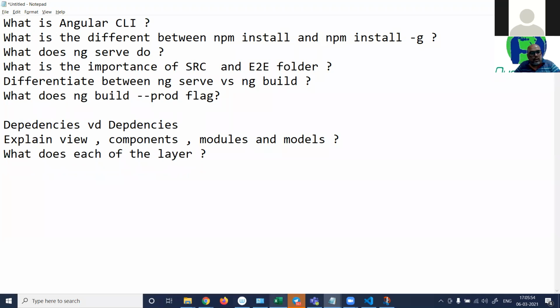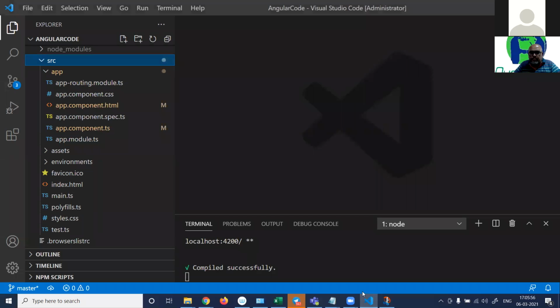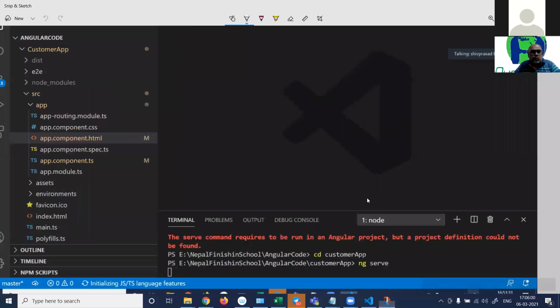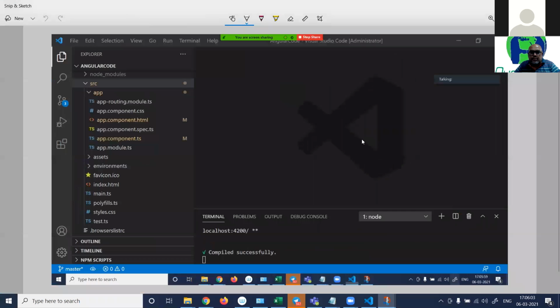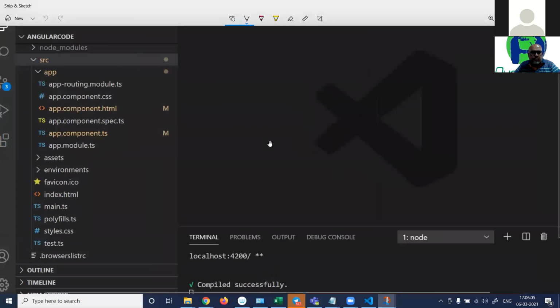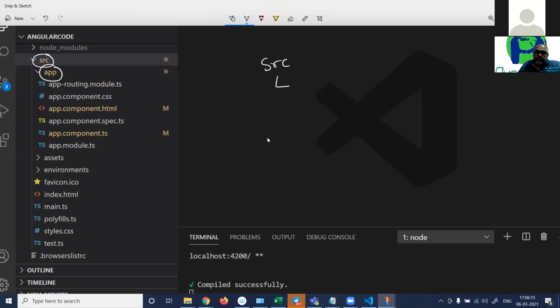Okay, right, let's continue. Before I proceed, I want to talk about the naming convention of this complete project. If you see now, there is an SRC folder. Inside the SRC folder, there's an app folder. SRC and app. Then look at the naming convention of the UI.